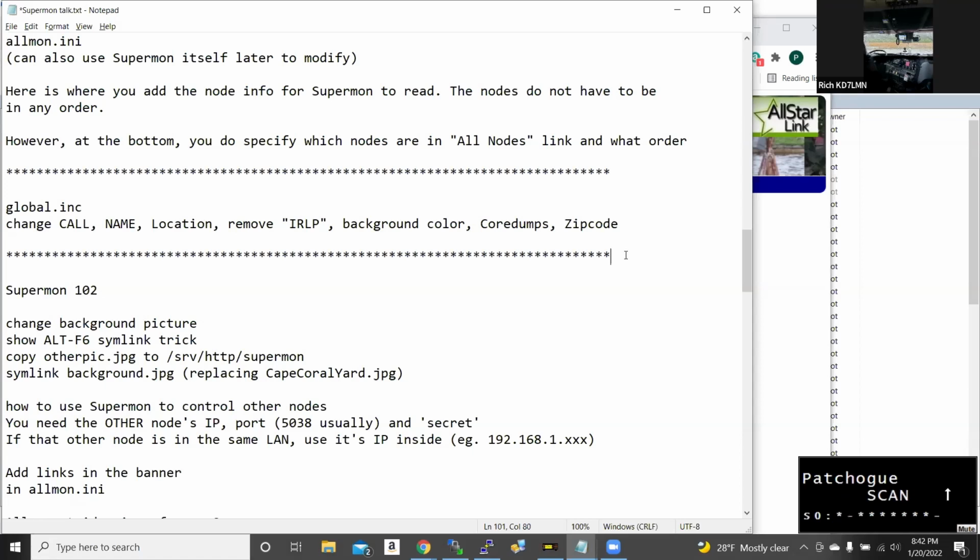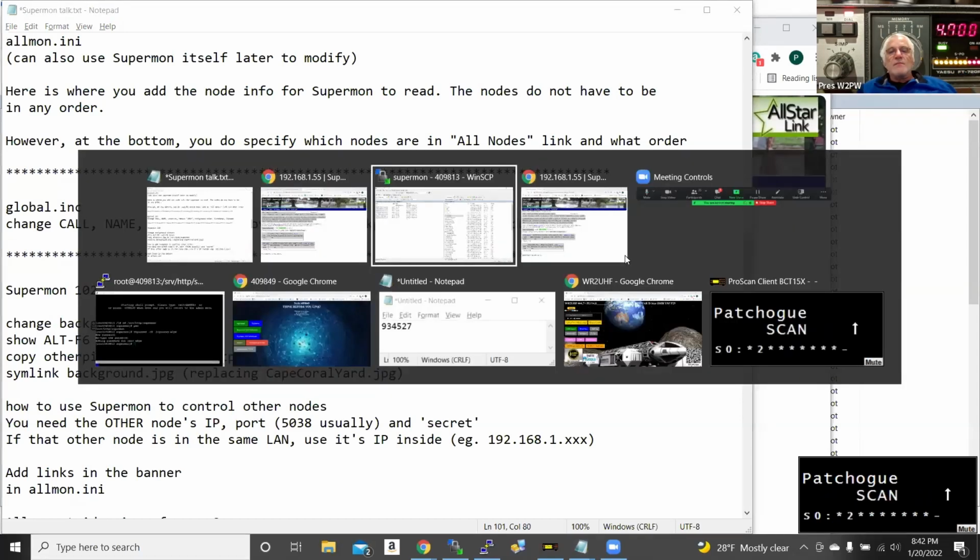Preston, I've got a question for you. When you're setting up Supermon and you're showing all those nodes that you're controlling, are they all ham VoIP nodes or are some of them regular asterisk nodes? Good question. They can be asterisk nodes as well, because the asterisk system has a manager just like ham VoIP does. In fact, ham VoIP is closer to asterisk than a lot of people realize. It's just that there's a lot of tweaks and improvements and customizations in ham VoIP. But I could put an asterisk node in there, in my Almond.ini, which would appear,